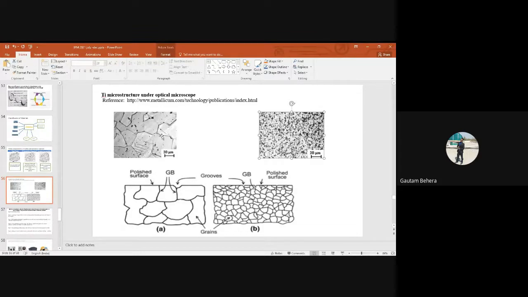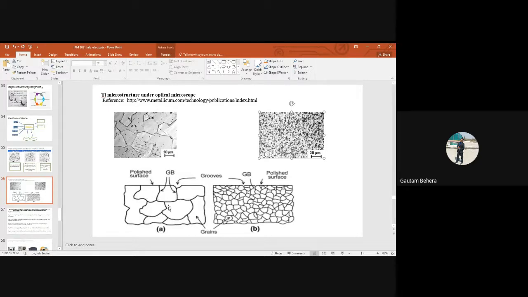The material is the same, titanium. Both are polycrystalline, but the grain size is bigger here. That is coarser grain, micrometer size grain. Here some 300 nanometer size grain is present, very small size grain. You have to remember, if the grain size is reduced, the number of grain boundaries will increase. You have to remember this important line. If the size of the grain is reduced in a material, the number of grain boundaries will increase. Fine.